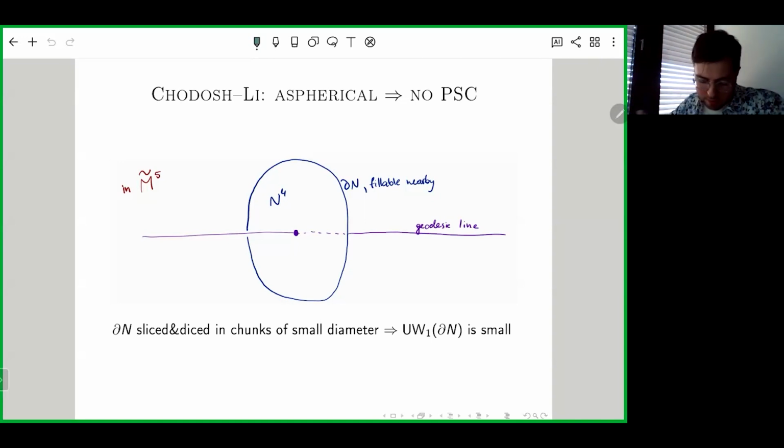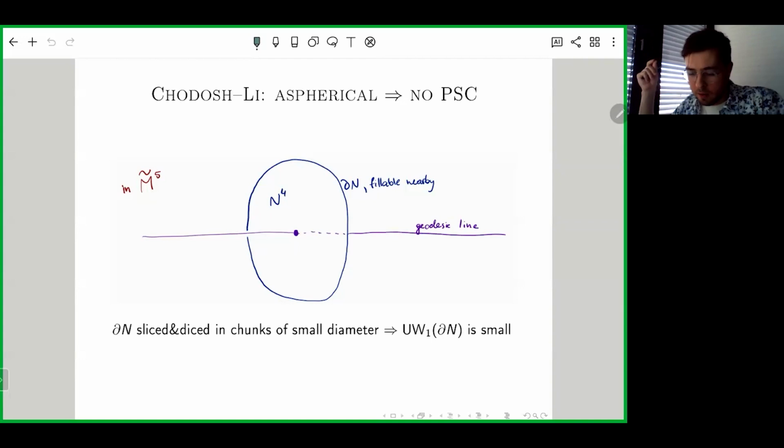But here there is some very clever and tricky procedure of slicing and dicing this boundary in chunks of small diameter, which also meet each other in a controlled way, which leads eventually to showing that you still can fill this boundary